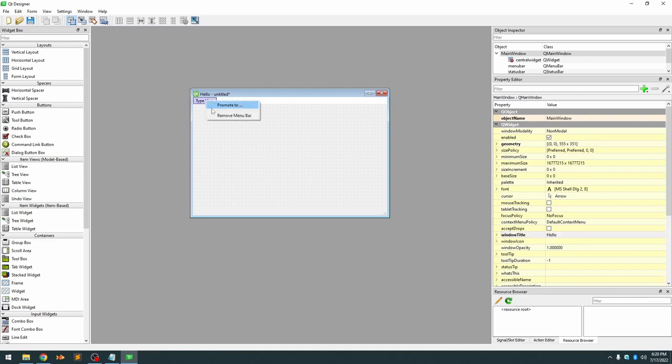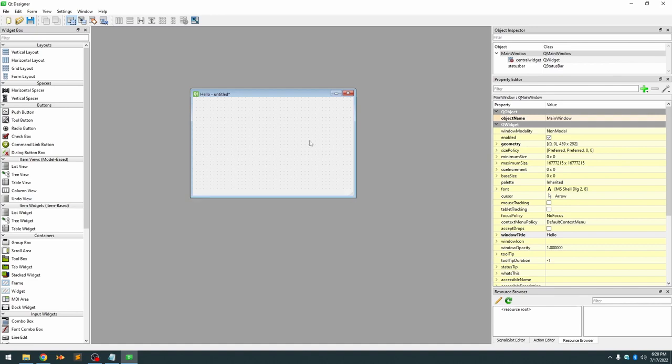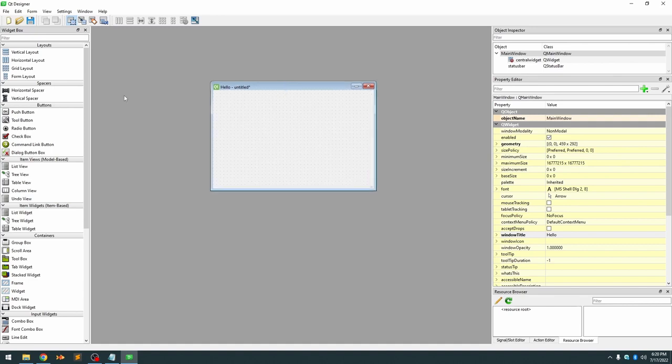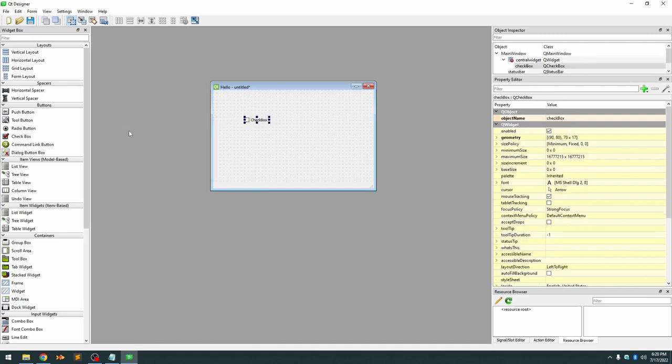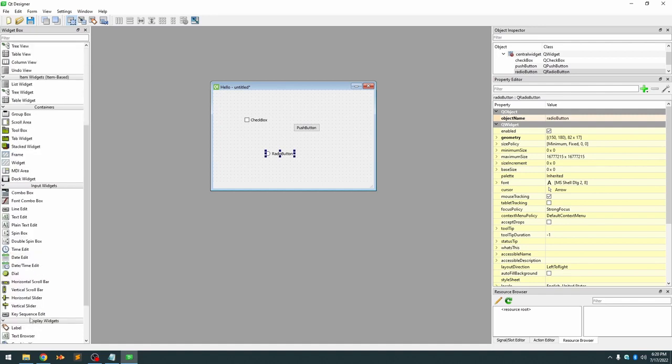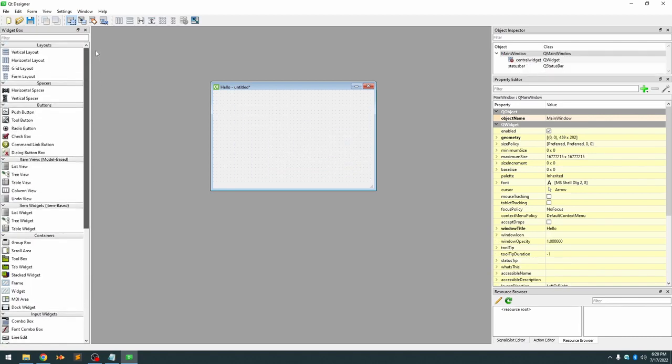So if we right click on it, hit remove menu bar. So we're just going to have a plain window with no menu. And on our left side, we have all of the different widgets that we can add, including like a checkbox, push button, radio buttons, combo boxes, all kinds of different widgets. We're just going to choose push button to start with